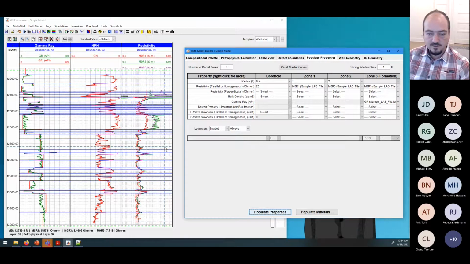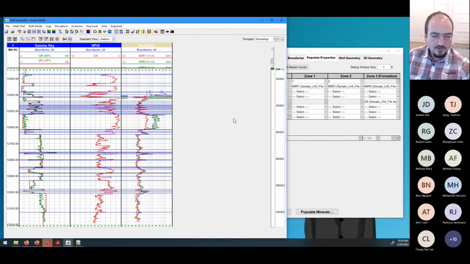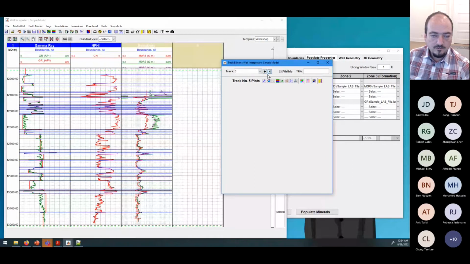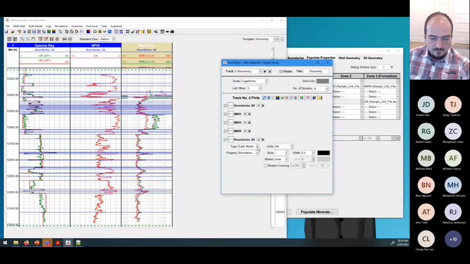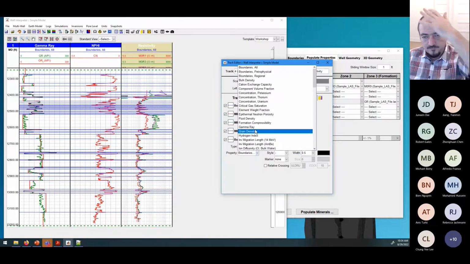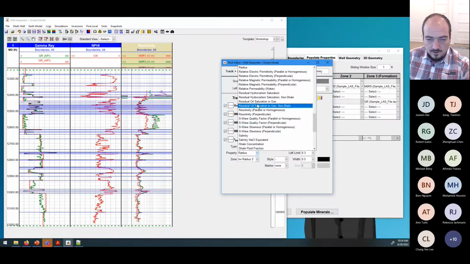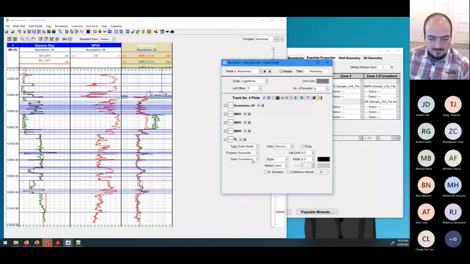And now the next thing that I'm going to do is show you that resistivity actually populated this here. I'm just going to do all here. So in properties, you can see resistivity. And you have to make sure that you choose parallel or homogeneous. And you're going to have 3 zones. You're going to have the mud, which is just constant at the value that I put in, 20. Then you have invaded 1, which actually follows